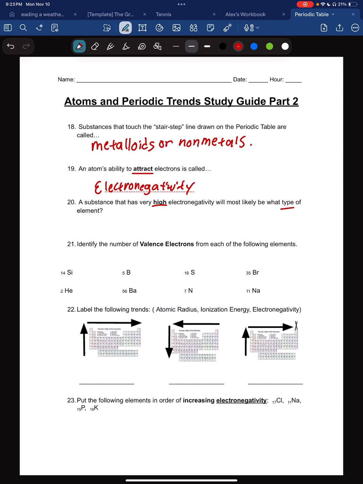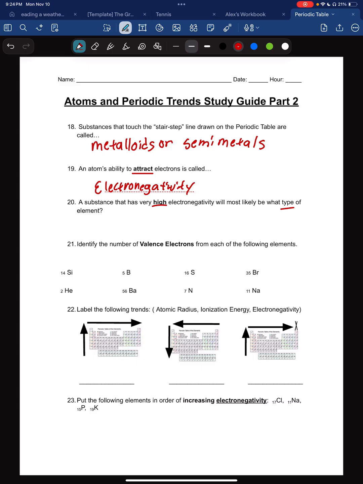Oh geez, I made a mistake. Hold on. So this isn't non-metals. That's my fault. This is semi-metals. Okay. So going back to 20, a substance that has very high electronegativity will most likely be what type of